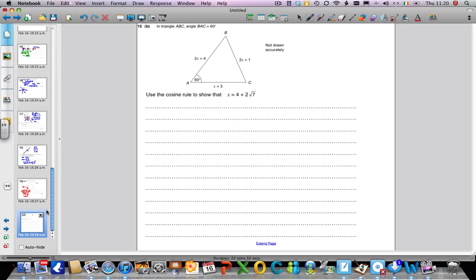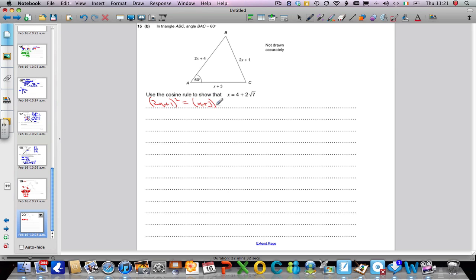And the final question, we're asked to use the cosine rule to show that x equals 4 plus 2 root 7. Now, this was a doozy of a question. Right, let's get straight to it. We know from the cosine rule that, I'm going to call that a, 2x plus 1 squared must be equal to